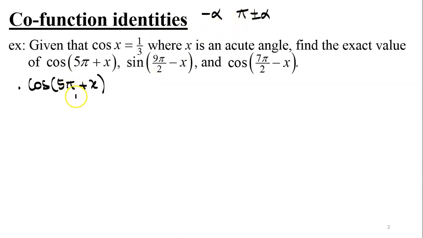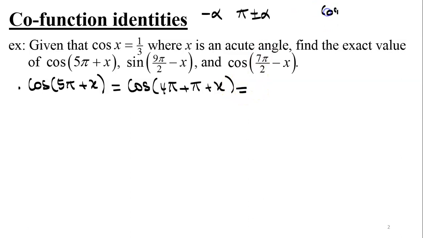But that can be fixed because we know that cosine is 2 pi periodic, and I know for a fact that 5 pi can be seen as 4 pi plus pi. So over here, 4 pi being a multiple of 2 pi, in fact, can be disregarded